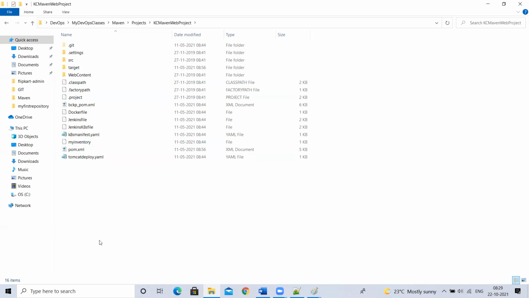Okay. Now, once they create it, it looks like this. These are not the files; these are extra ones I created for some other purpose. We'll see that later. First, let's see this. When we sync it with Git, we'll get this .git. When it is created with Eclipse, it will get .settings. So these are not Maven topics. This is a Git topic. Let me show you. In my local, I created a Git project and synced it with GitHub.